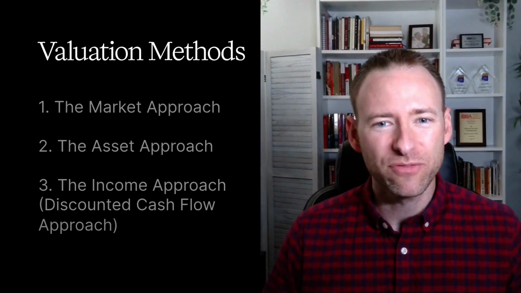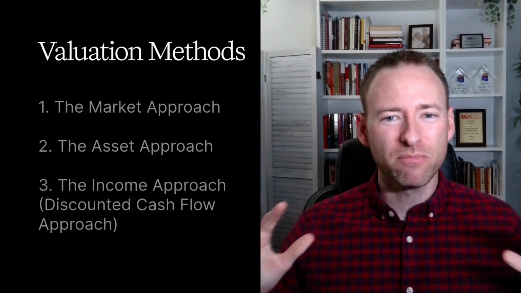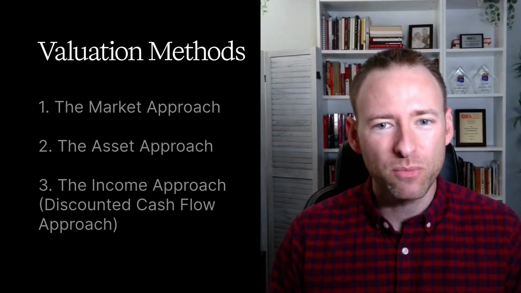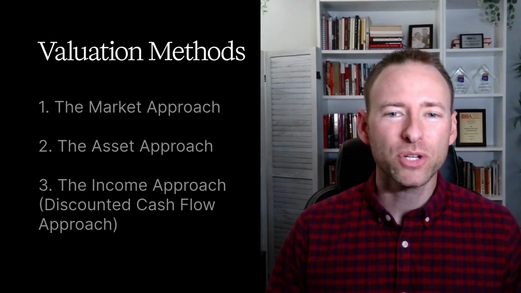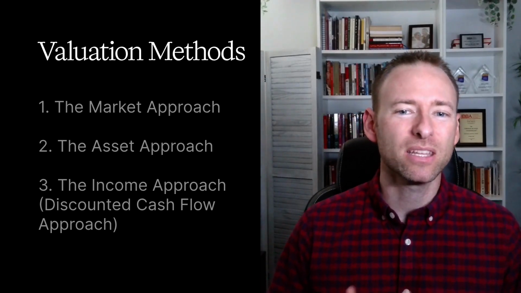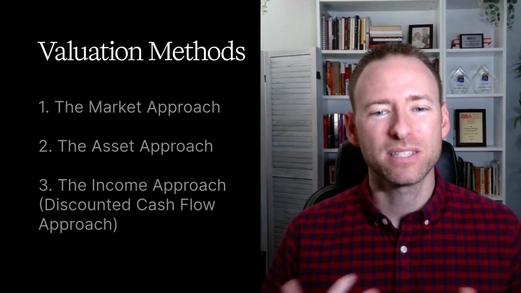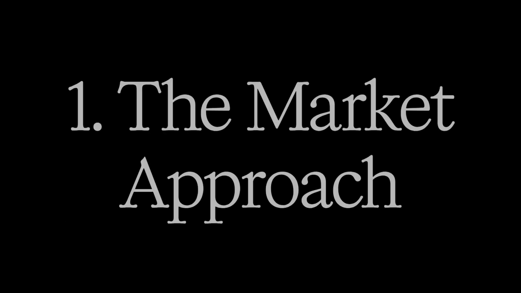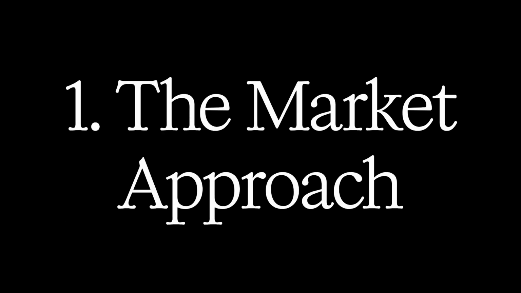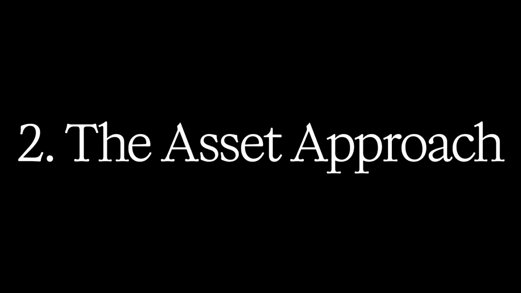From a bird's eye view, there are three overarching methods of doing valuations for normal, everyday businesses: the market approach, the asset approach, and the income approach, which is basically the discounted cash flow approach. The market approach is used for normal, everyday Main Street business sales. The asset approach is when the physical assets of a business are worth more than the business as an ongoing